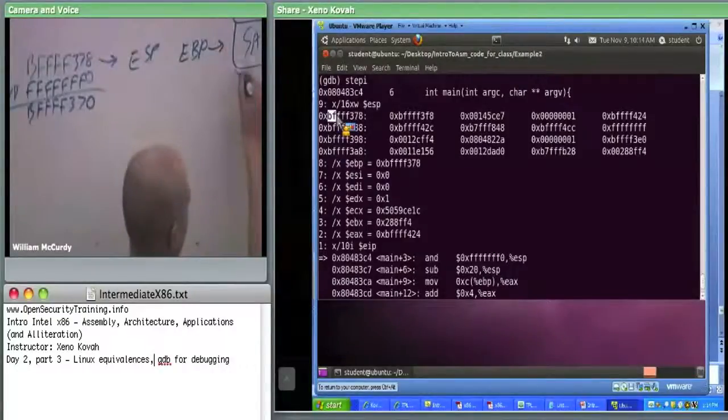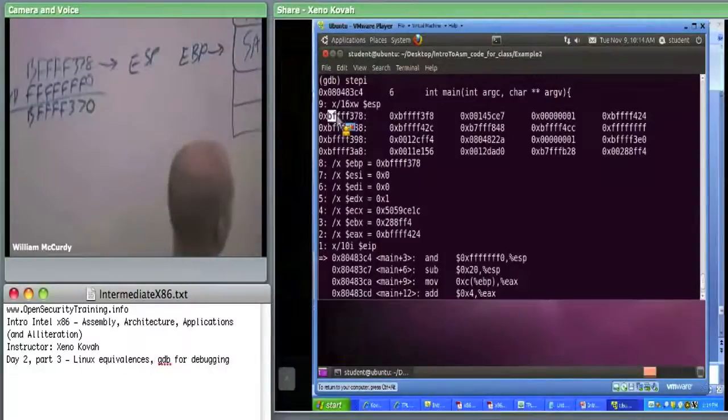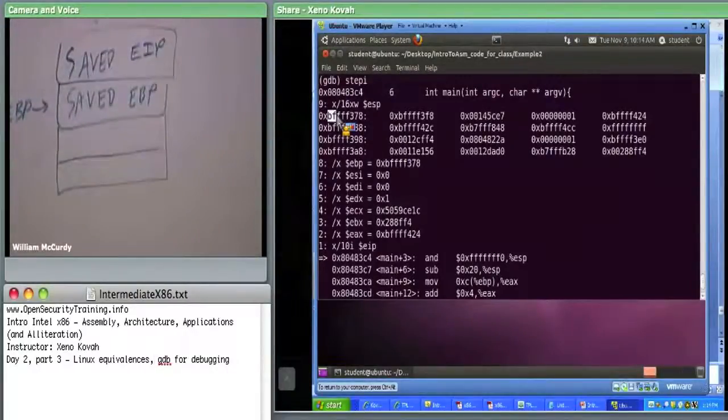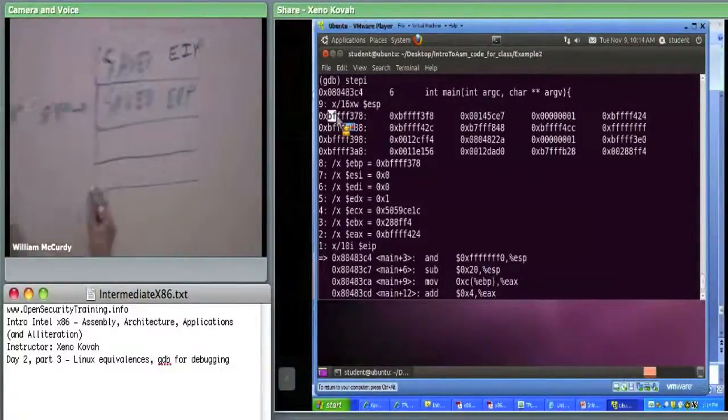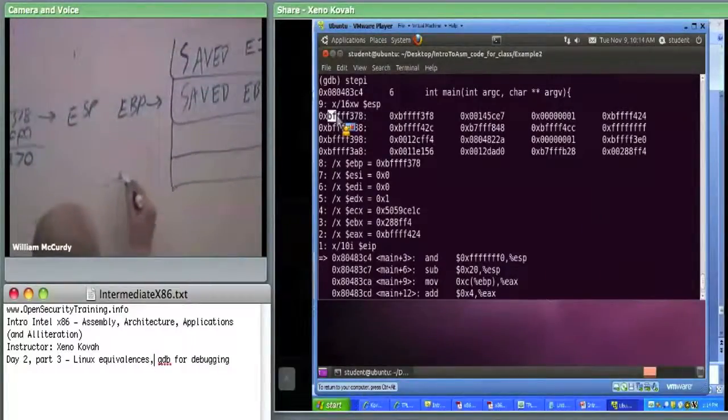So it's down by 8, but like I said, it's not necessarily trying to store any data there. Theoretically, you could use a construct like this to allocate space for data, but in this case, we believe this is just alignment, because the next instruction immediately after that is subtracting hex 20, like our normal way that we allocate space. So anyways, ESP went down to here